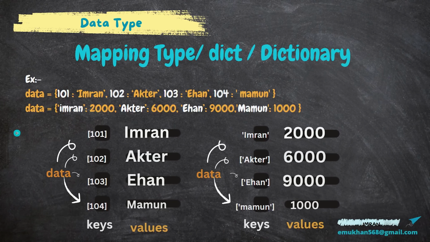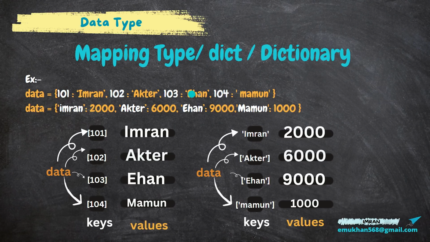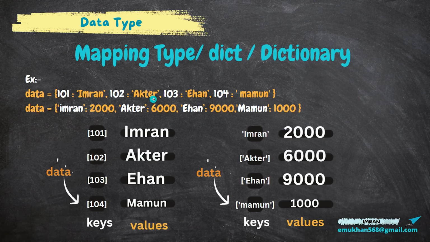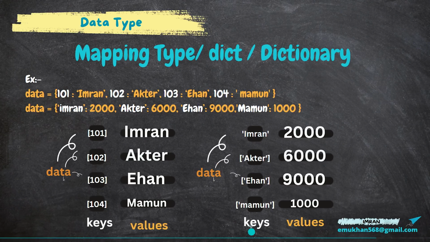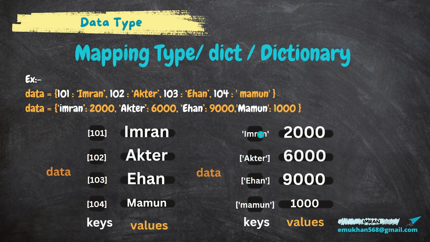So I try to show you elaborately such that you can understand. This is data, this is a variable, and here the white marked elements are considered as keys, and the yellow elements are considered as values. So you can see here Imran is the key, and 2000 is the value of the key. Okay,